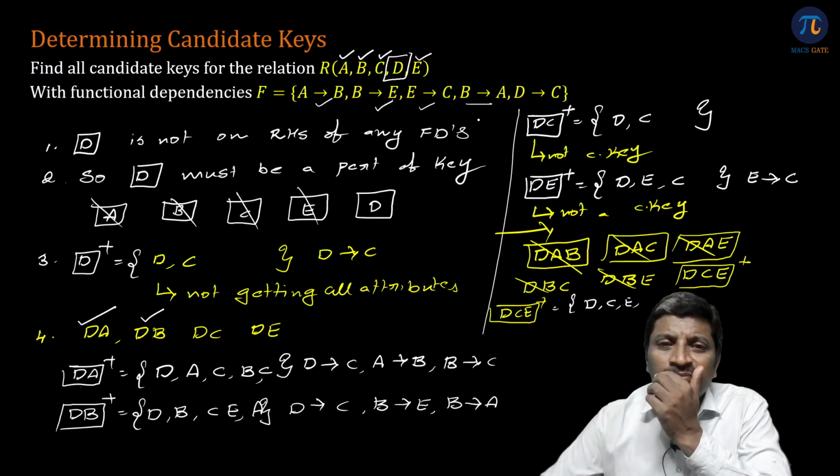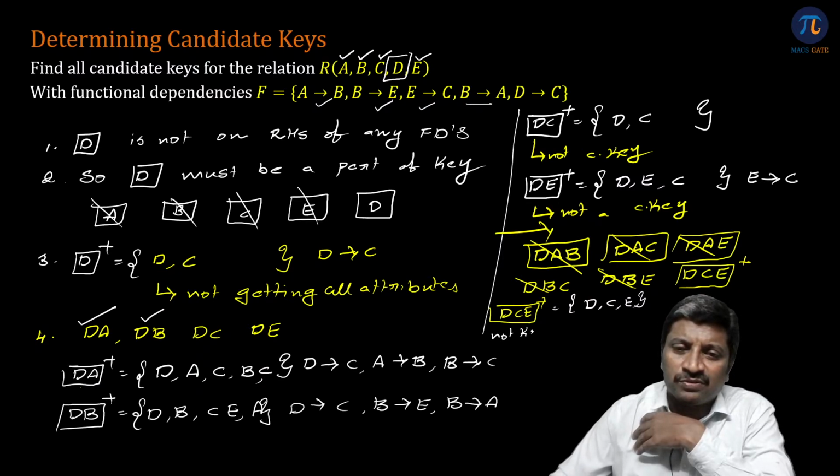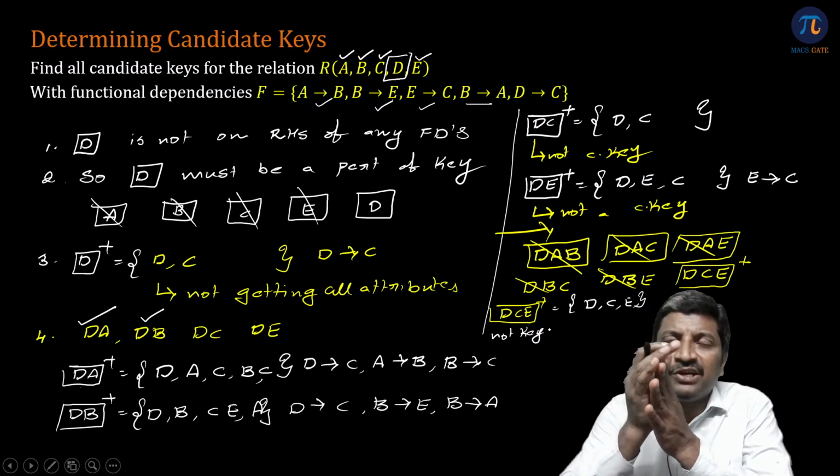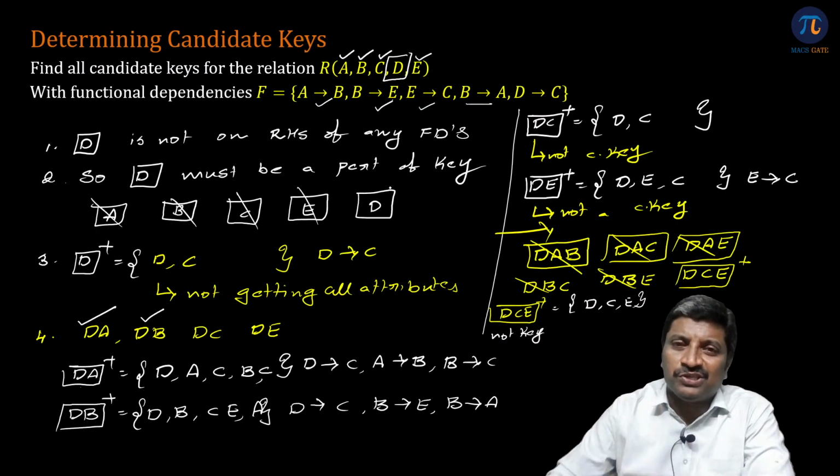Anything else you can get, sir? That's it, right? So still it is not a candidate key because we are not getting any other attributes. Now we need to try with the 4 attribute sets. But when you try with the 4 attribute sets,